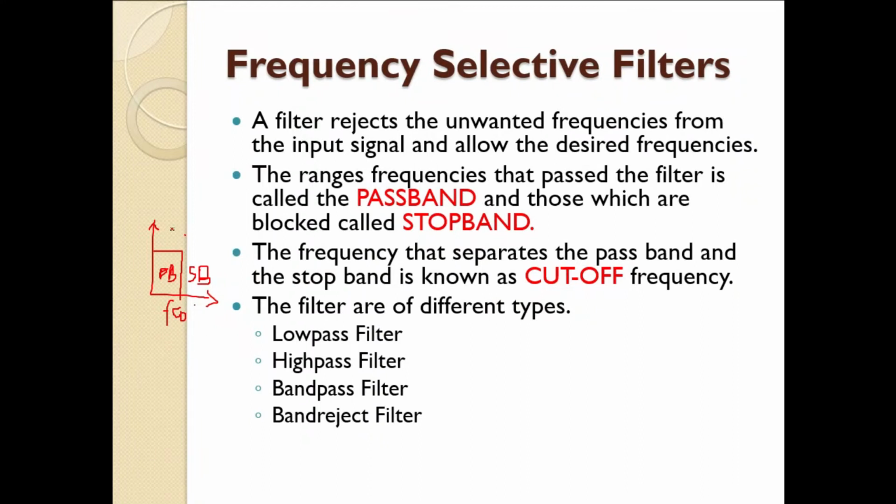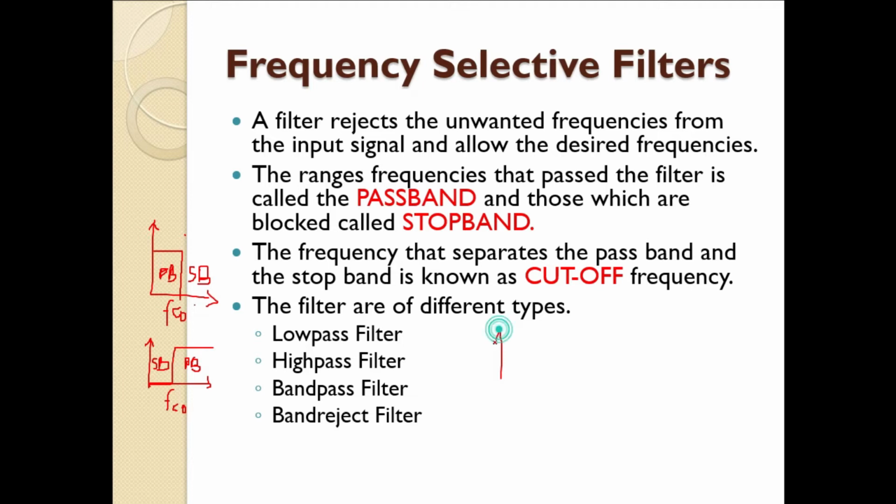This one is our low pass, and we have high pass, which means allow the higher frequency to pass through. The diagram looks like this. This one is our frequency response curve. For the low frequency, they are not allowed. For the higher frequency, beyond your cut-off frequency, it is allowed to pass through. So this side is our pass band, this side is our stop band, and this is our cut-off frequency. This one is our high pass, and then we have band pass and band reject, which means the area